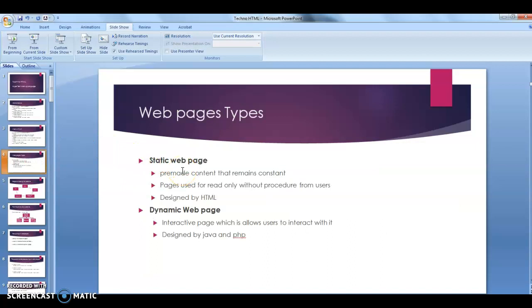We have two types of web pages: static web pages and dynamic web pages. The static web page is designed with HTML, and we will write it together this term, and the dynamic web page is designed with Java and PHP. The difference between them is that the static one is pre-made content and remains constant. We don't allow the user to interact with it,